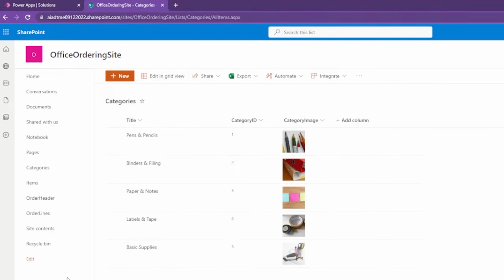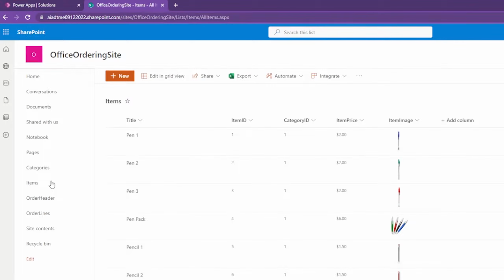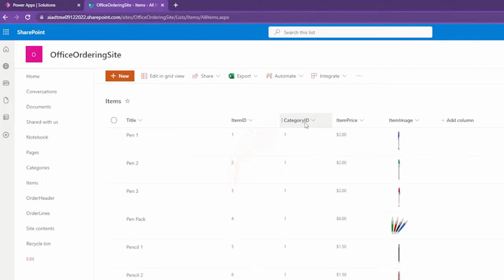The second list we have is called items, and it's basically the same thing. We have a title column, once again, item ID, item price, and item image. And you might notice that category ID is in both lists. Well, spoiler, we are going to use that very column to kind of link our data sources together in the